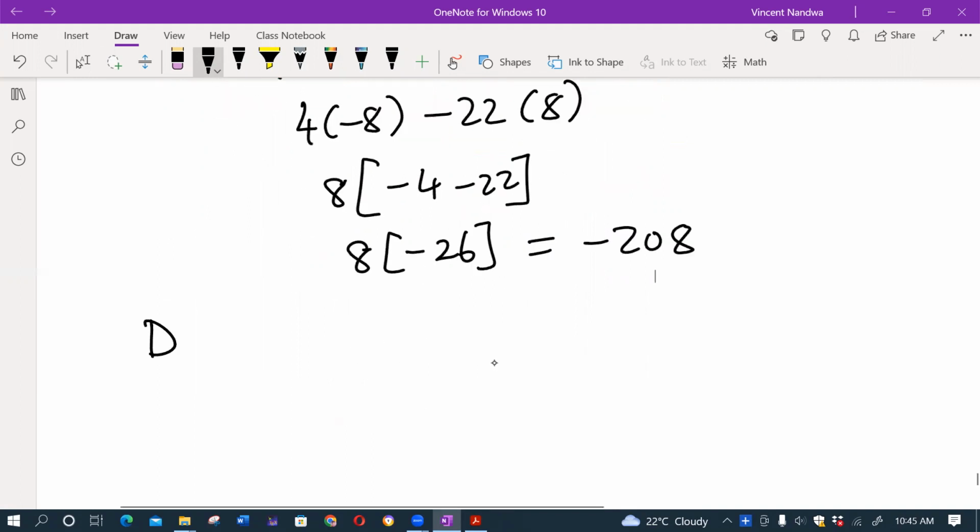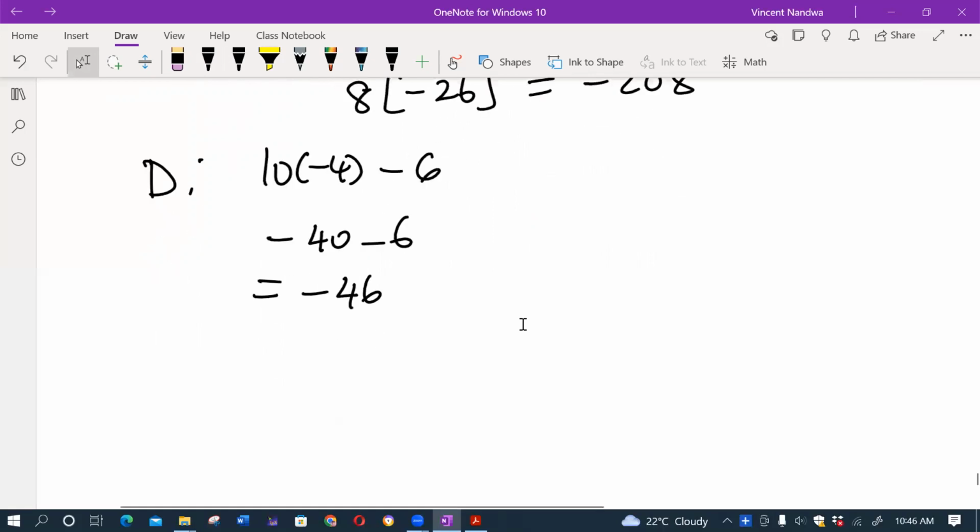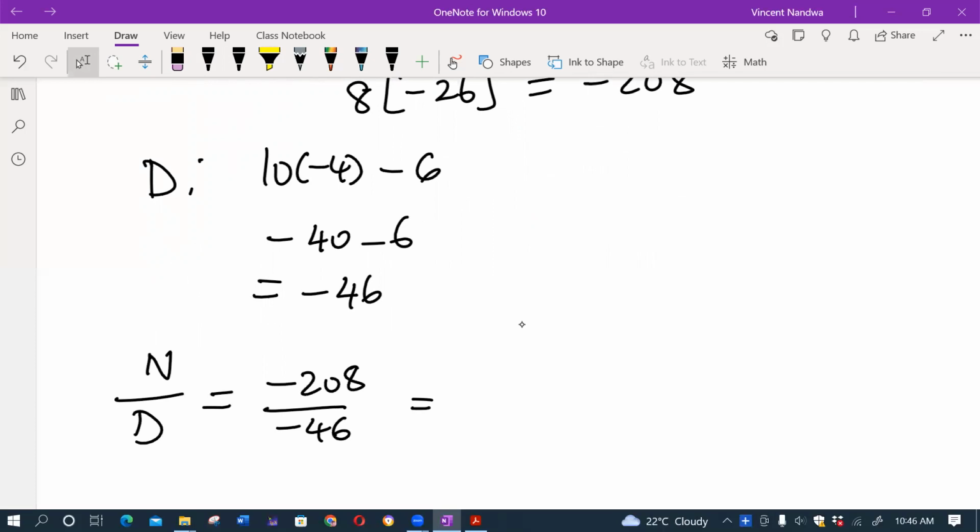Denominator, D, is 10 into minus 4 minus 6, which is minus 40 minus 6, which is minus 46. So numerator over denominator would be minus 208 over minus 46, which is 104 divided by 23,